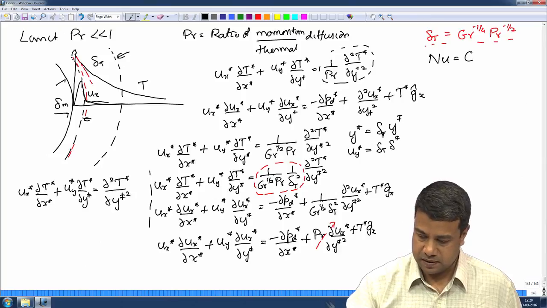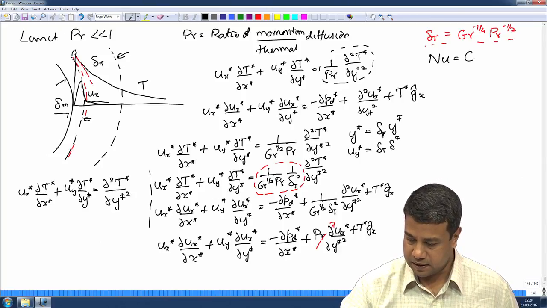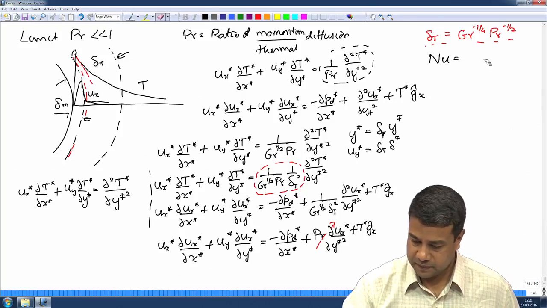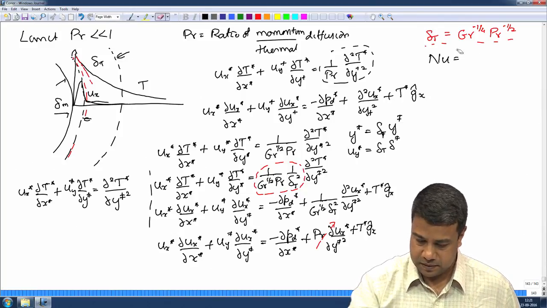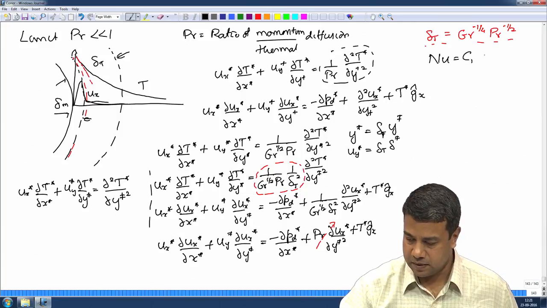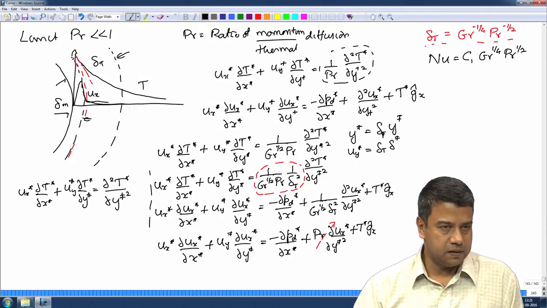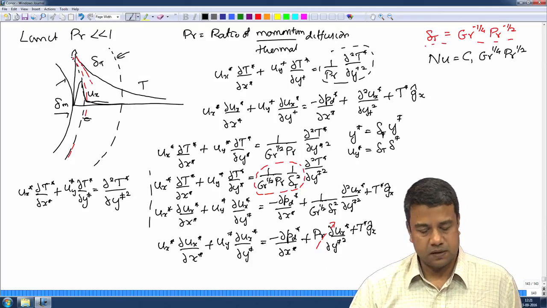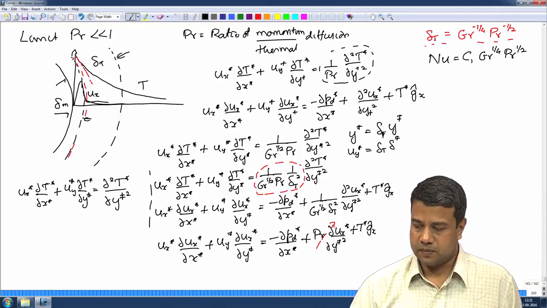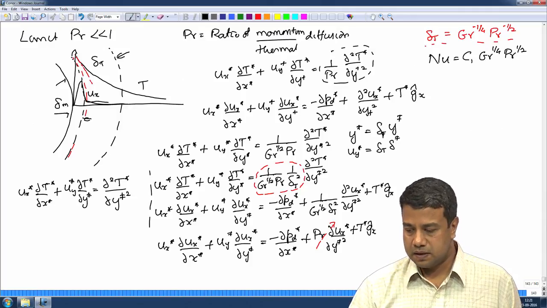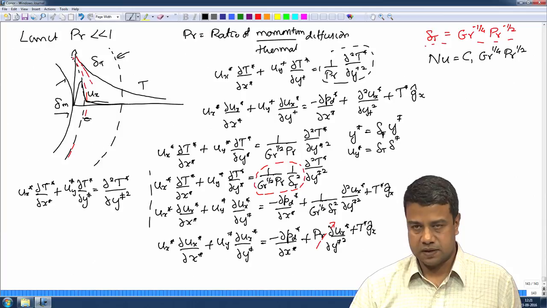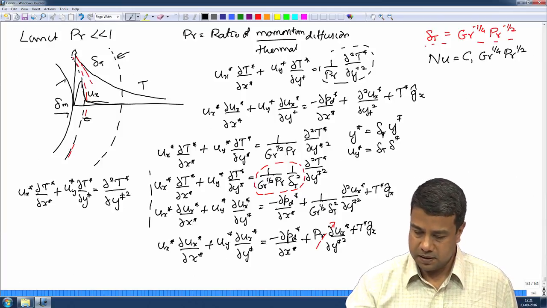I will call it, for high Prandtl number, I am sorry, some constant C1 in the limit of high Prandtl number times Grashof number to the 1/4 times Prandtl number to the plus half. Okay. So, that is what the correlation should be in the limit where the Prandtl number is small. Okay. The Nusselt number is proportional to some constant, okay, times this constant